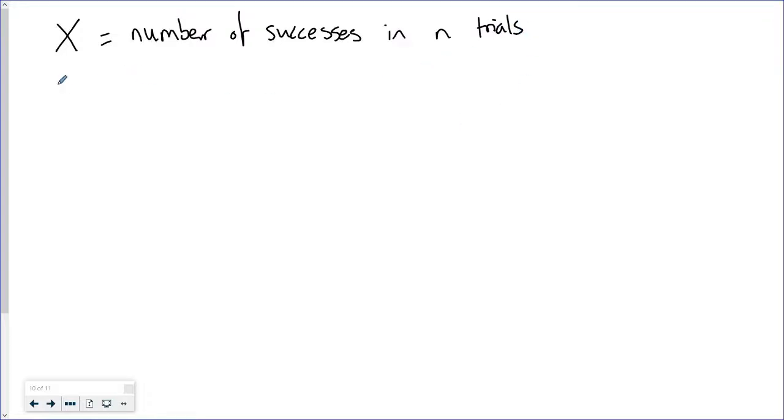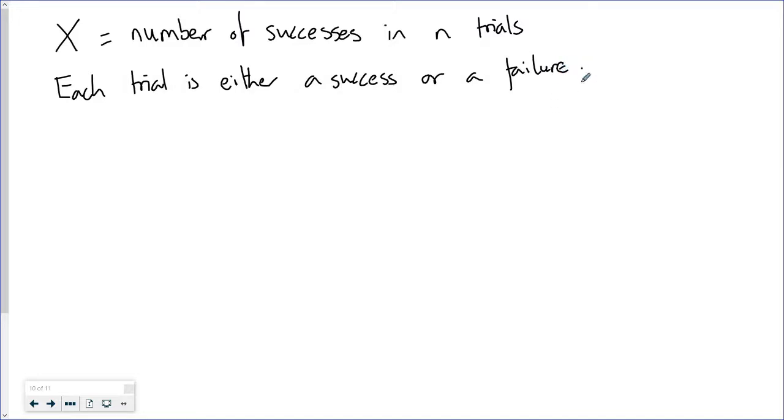So now we're in a position where we can describe what the binomial distribution is. We've got a random variable x, which is the number of successes in n, and we normally call them trials or experiments. So n trials. And each trial, like we had before, is either a success or a failure. And the probability of success on a given trial